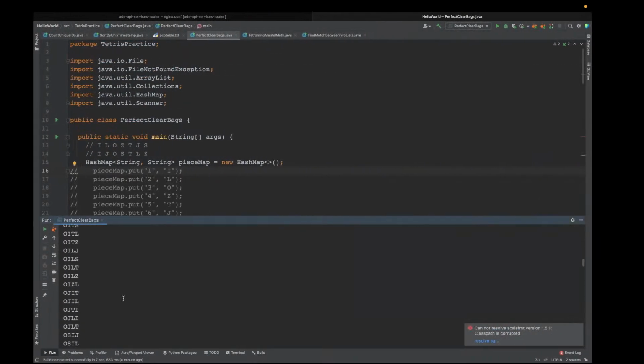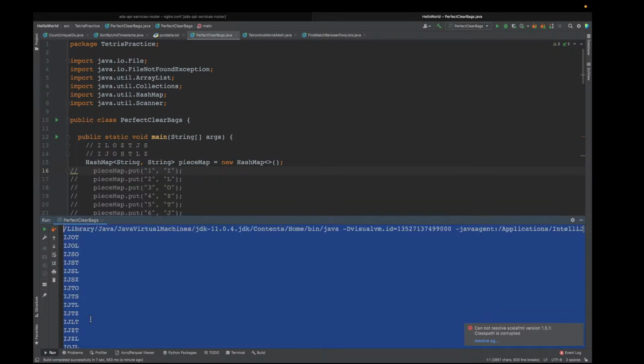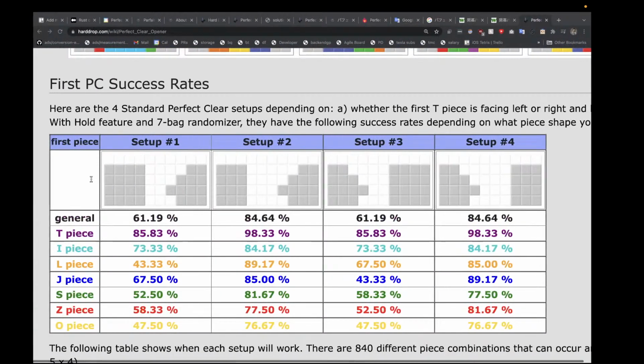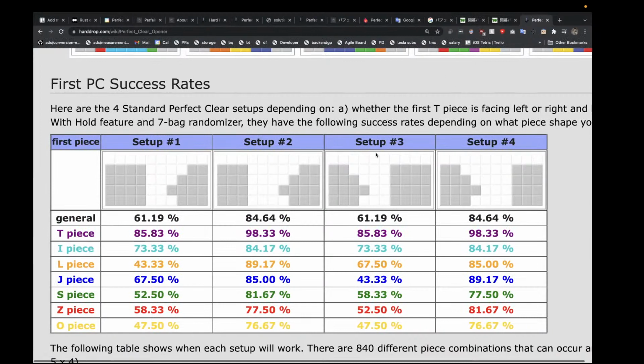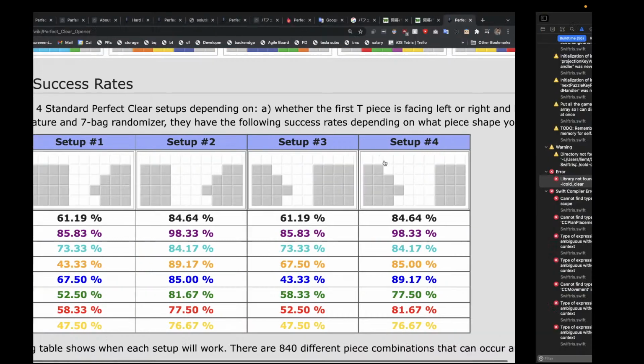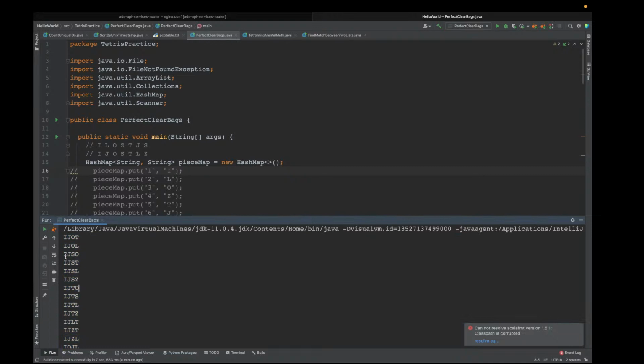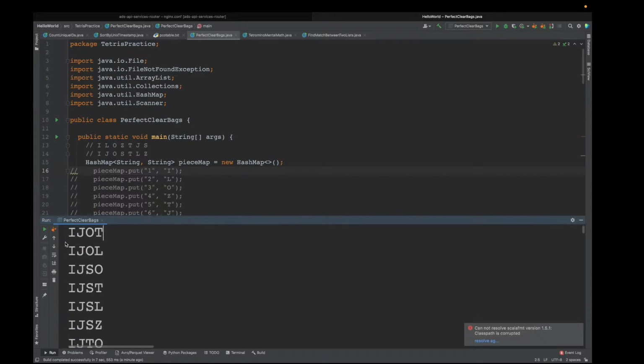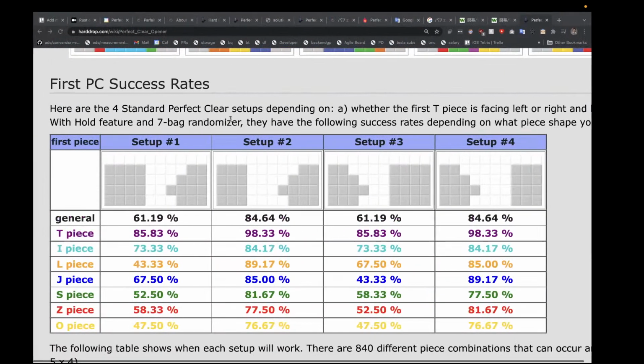And that goes for any sequence that's output here. These are all the sequences that if you have will allow you to do a perfect clear given setup number 1 or setup number 3. I forget which one it is. Believe it's setup number 3, but it doesn't matter. So now all we have to do is print out this exact list but mirrored. So if you look here, let's take this one. This mirrored version would print I, L, Z, T. And for that, you'd have the mirrored setup